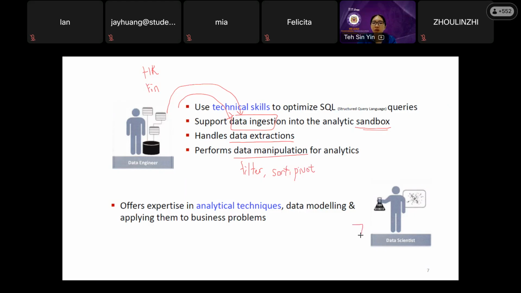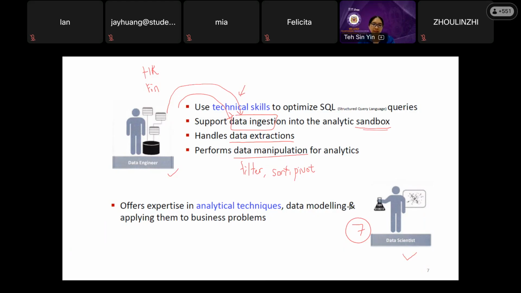And last but not least, we have our data scientists. Data scientists offer their expertise in analytic techniques. You can see these two persons are considered technical persons. They need the technical skill. They offer their expertise in analytic techniques, such as data modeling and applying them to the business problem.